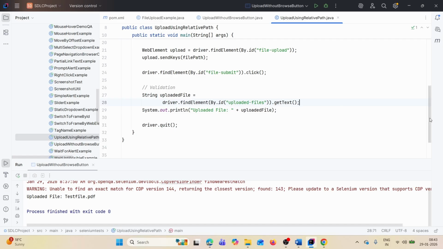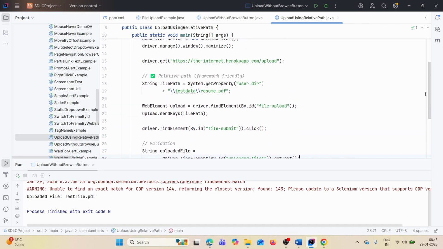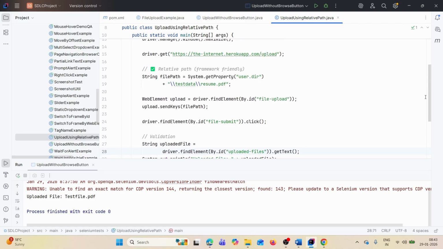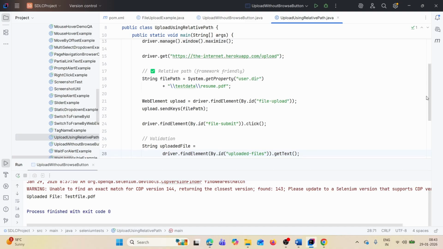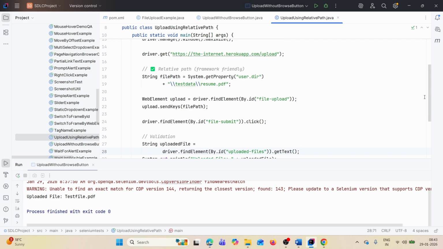Let's do one thing. We need to change the path, right? Test data, user dir, double slash, plus file path, resume dot pdf. File upload. Basically what it does, it kept the